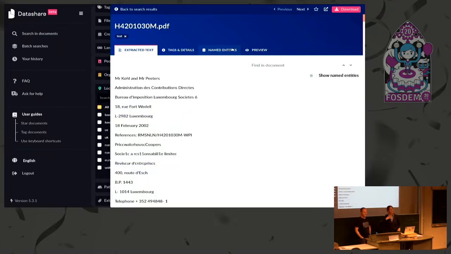Has it been used on the documents released to journalists by Edward Snowden? It's a huge corpus. Which one? The Edward Snowden corpus, the documents released by Edward Snowden. No, I don't think so, because first the tool is quite new.